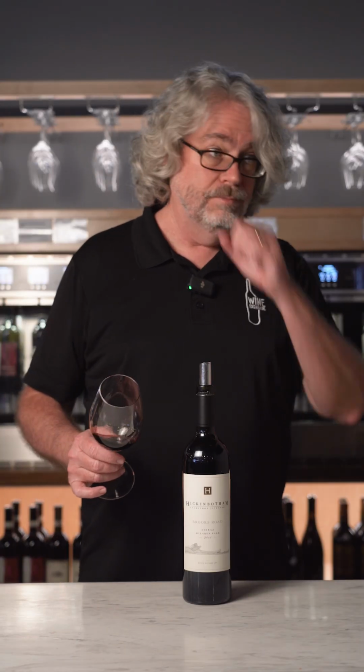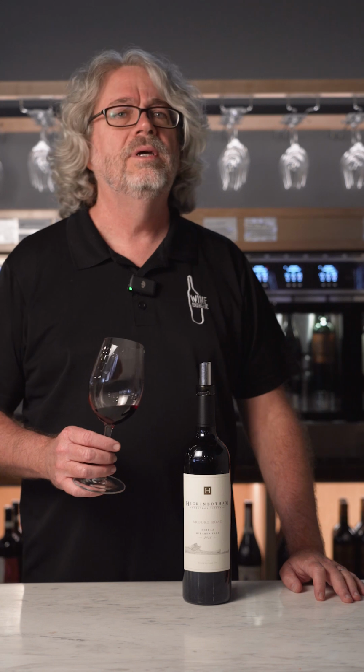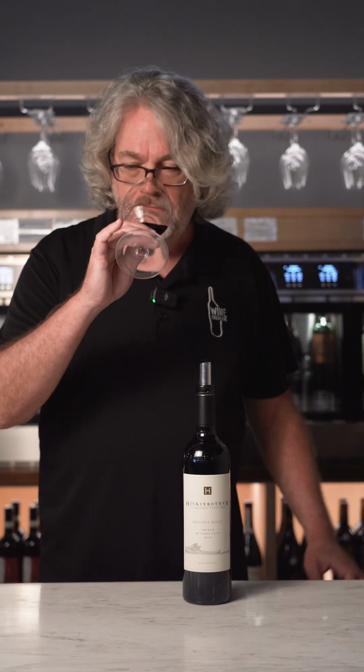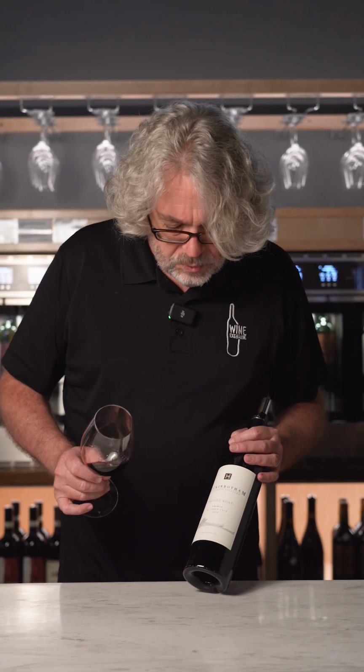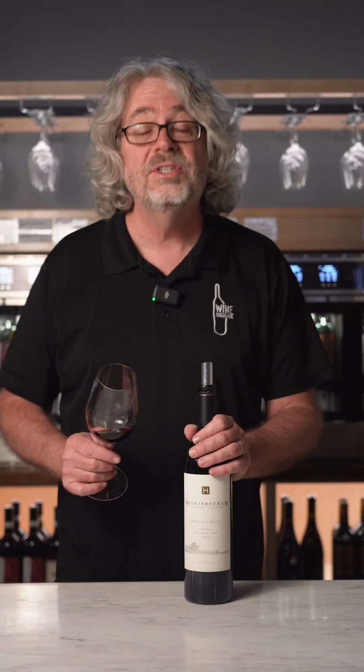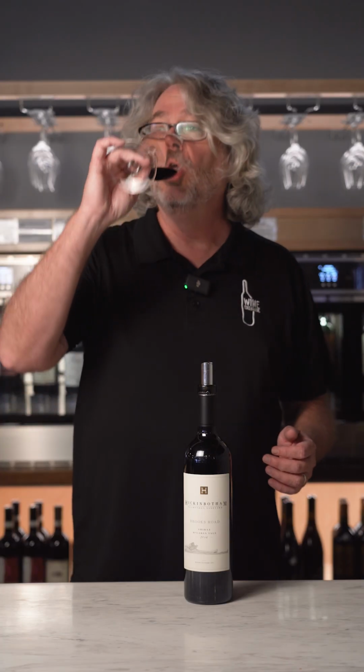So here we have the 2016 Hickinbotham Brooks Road Shiraz. A lot of this wine is produced from those original 1971 plantings, those early 70s plantings, which are now over 50 years old. And with old vines, you get balance, you get equilibrium, you get complexity, you get all that. Did I mention this was the 2016? An outstanding vintage in the McLaren Vale that produced a bevy of compelling wines that are absolutely amazing. This one,